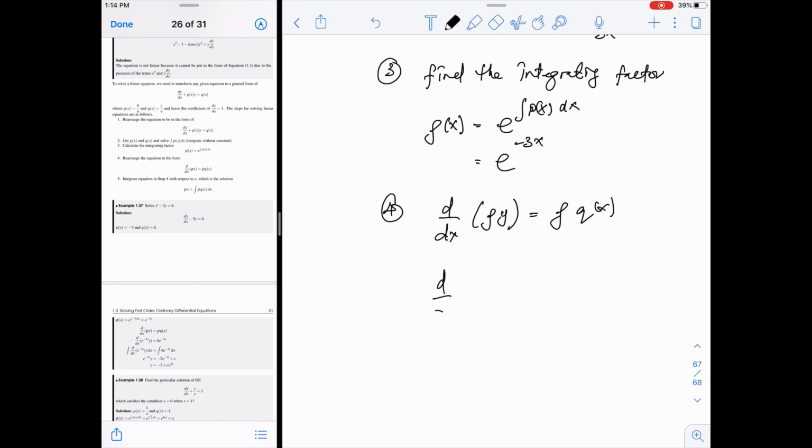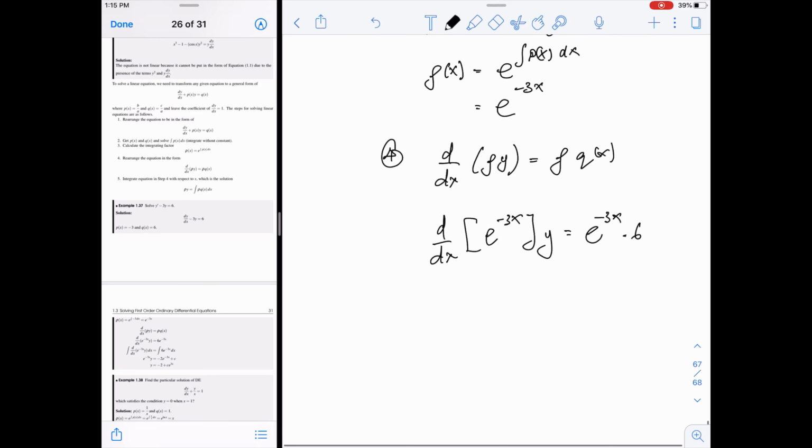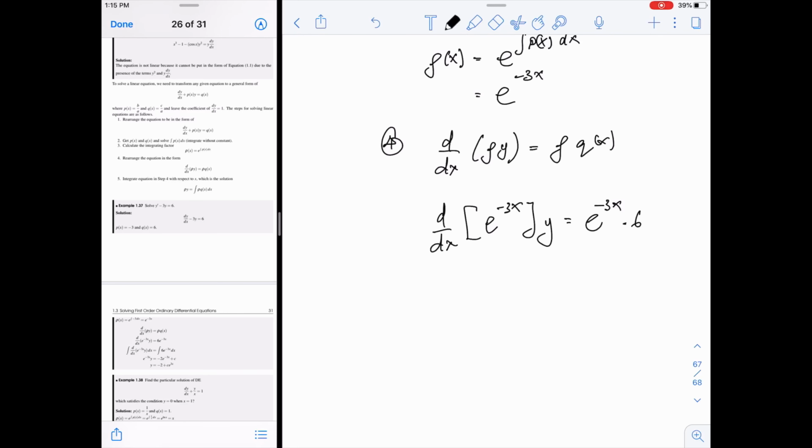So now insert the rho that you already have. You will have d/dx of, after substitution, e to the power of -3x times y, equal to 6 times e to the power of -3x. In order to find the y, number 5 is you need to integrate both sides